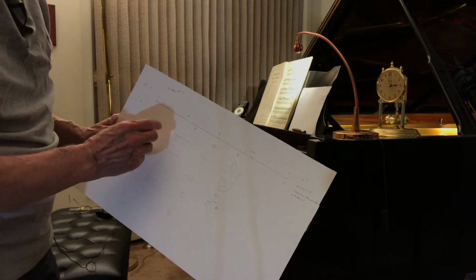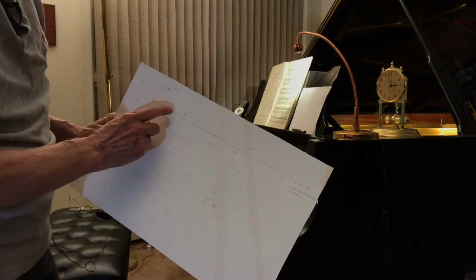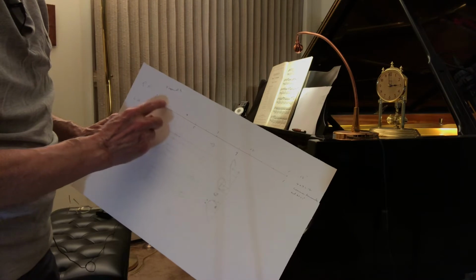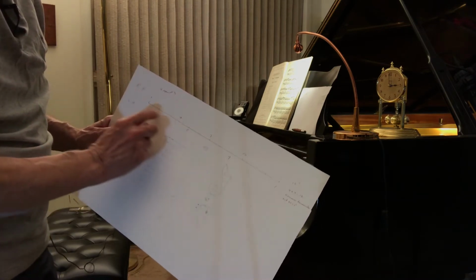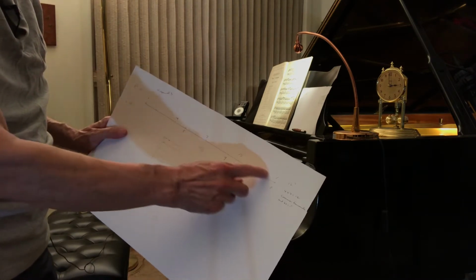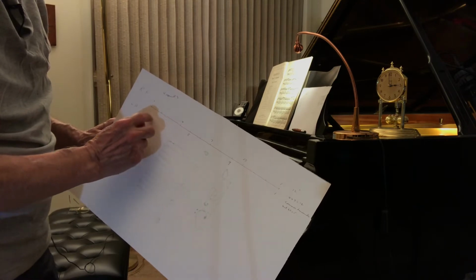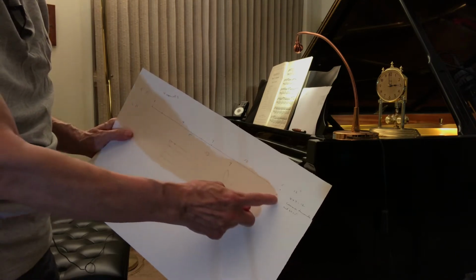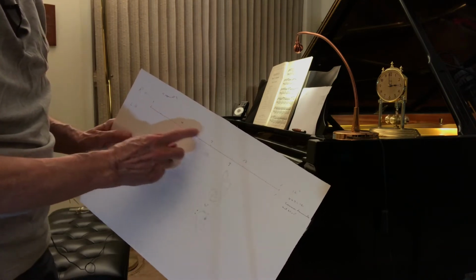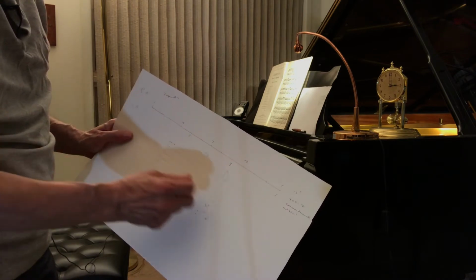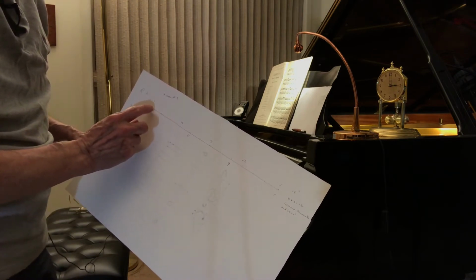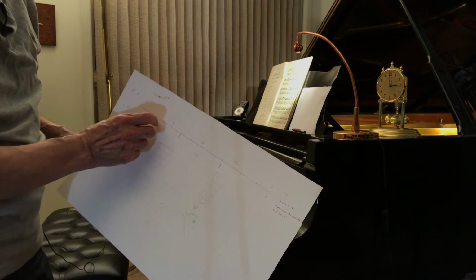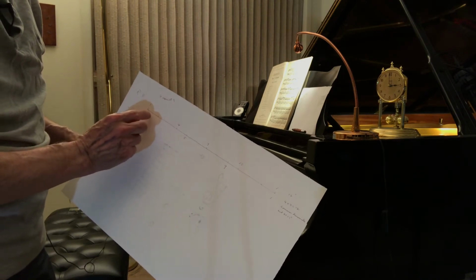So the right hand has more notes in it than the left, because the left's just the triplet, but you got an extra note in there in the right. So you got 3 notes in the left over to 1. Here in the right you got 4 notes over to 1. So if you can put an inch for each second and count it out,